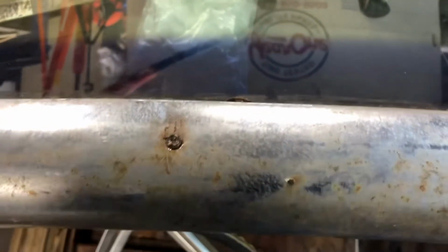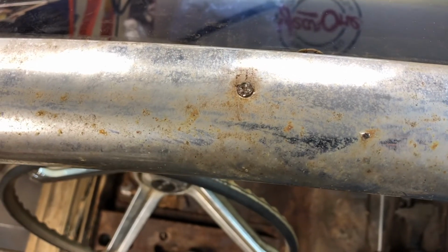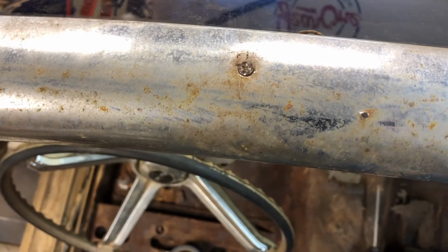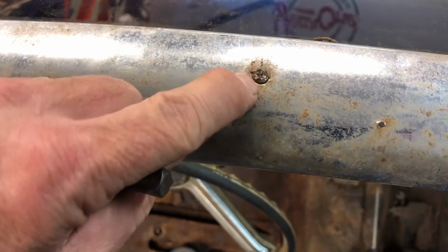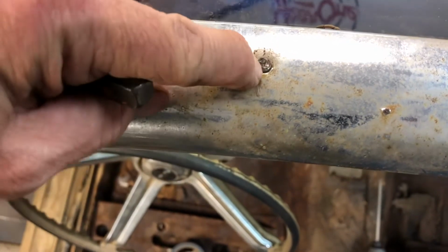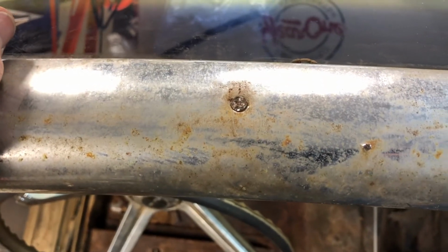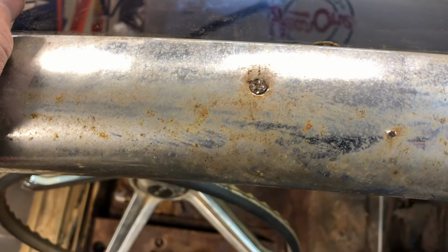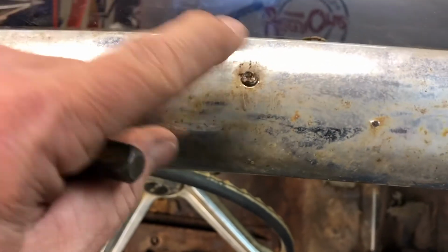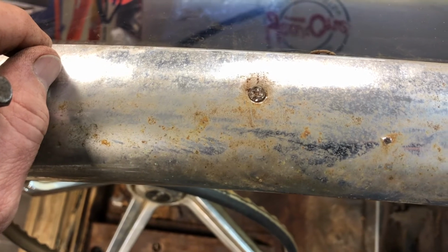So I wanted to show you kind of what I was doing here with the hammer and the nail set. If you've got a screw, this is a stainless steel screw. When your drill bit goes into these cross sections here, it will just kill a drill bit. And that's what happened to me on that other one. So sometimes if you've got a screw like this that is going to be difficult to drill out, you can